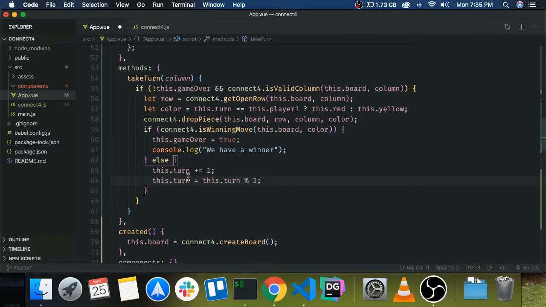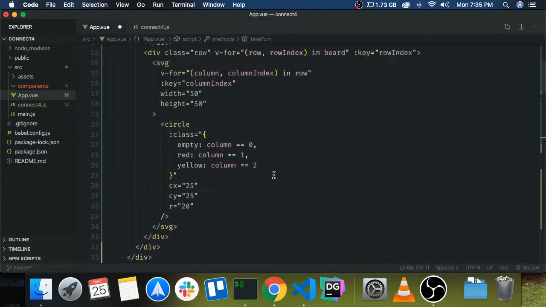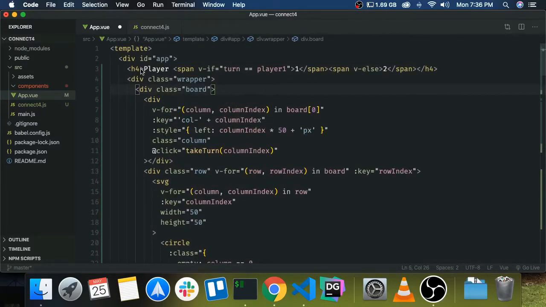And since we are at it, let's also add another label letting the player know who won the game. So let's go up to the template, and this h4, which is the label for the player's turn, should only show when the game is not over. So let's do vShow not game over,